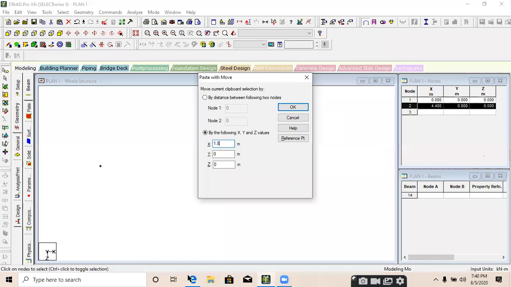What about these three nodes, 1, 2, and 3? Select all the three nodes and paste in z direction, and the distance will be 2.7 meters.